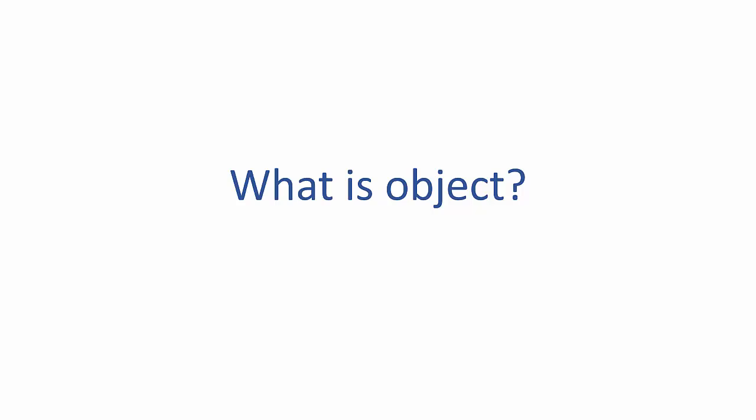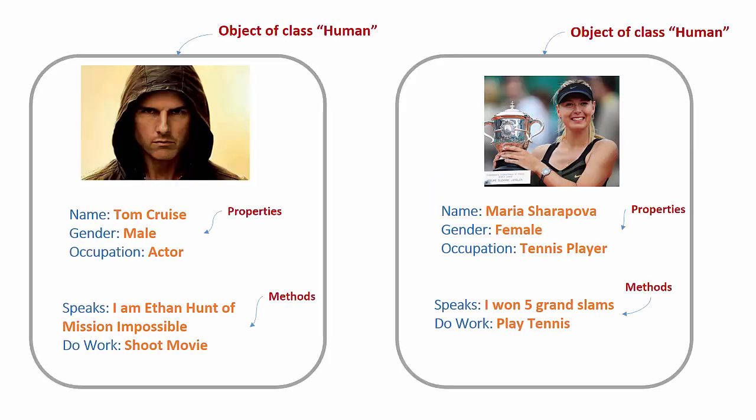Okay, what is object then? So object is nothing but a specific instance of a class. For example, for human being, these two are specific instances of the human class, Tom Cruise and Maria Sharapova. They both are human beings, they both have names, gender, occupation, they both do common set of activities such as speaking, doing work, right? But when you talk about specific instance, the behavior varies, their properties are